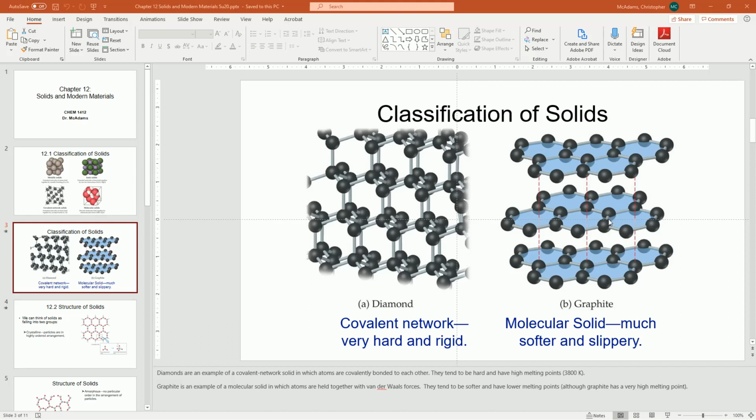For graphite, on the other hand, it's slippery, and that's because these individual sheets of graphite can slide past each other. And so we'll find that for graphite, there's more freedom of motion. So we would predict that the entropy for graphite would be greater than the entropy for diamond. Well, let's look at